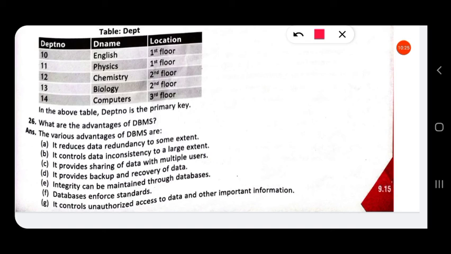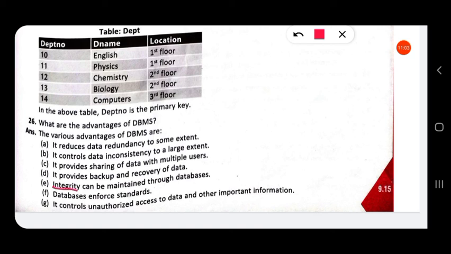Then it provides backup and recovery. That is, data are backed up, and if data is damaged, the data can be recovered. Then integrity can be maintained through a database. That is, since data is stored only in a single location, if we make a change to the data, all the users will get the new copy of the data.